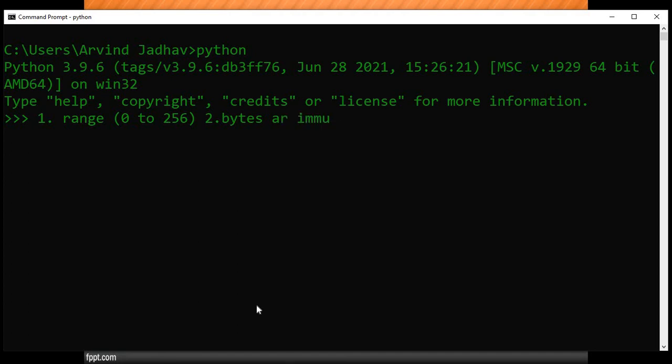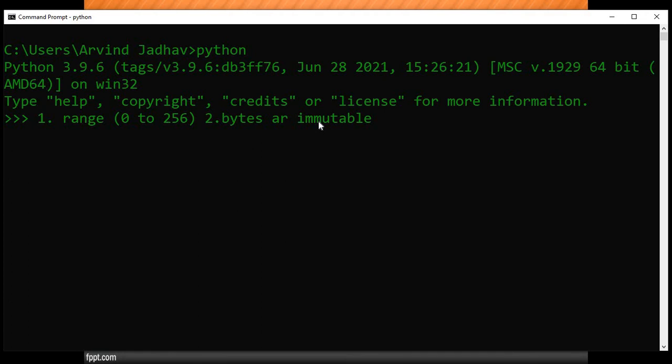Yesterday we discussed the concept of mutable. I already gave the example of variable and constant. A variable is called mutable, and a constant is called immutable. What is the difference? Immutable means we cannot change the behavior of the object. Once we store the value, the object will be created and we are not allowed to change the value of that object. That concept is called immutable.